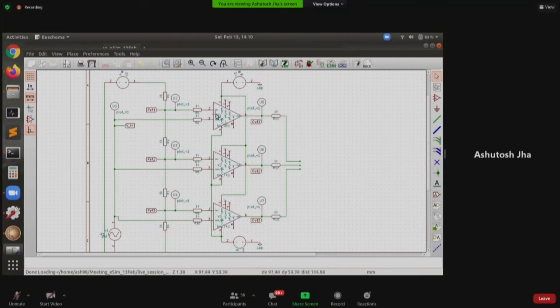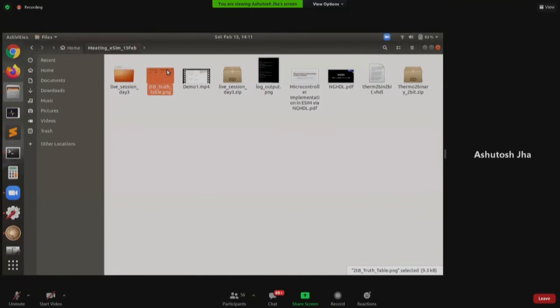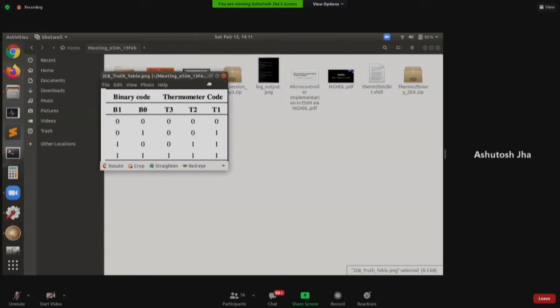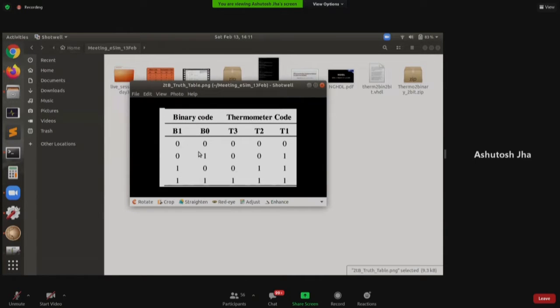First, let me show you the truth table for the thermometer to binary converter. It will be much easier for me to explain then. This is the truth table for the thermometer to binary converter, basically an analog to digital converter. When there is one signal in the input, the binary output will be 0, 1.